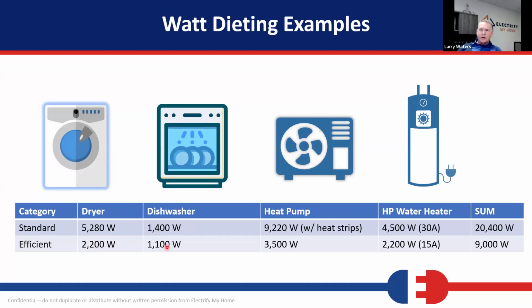This secondary built-in heater. This is the biggie here, the heat pump. We can listen to the wrong heat pump guy, and we can get a single speed heat pump, and they could tell you, on those cold nights, it doesn't work that well. So we're also going to put in this heater element strip. And then those things are almost 10,000 watts. Or we can put in a really efficient inverter driven